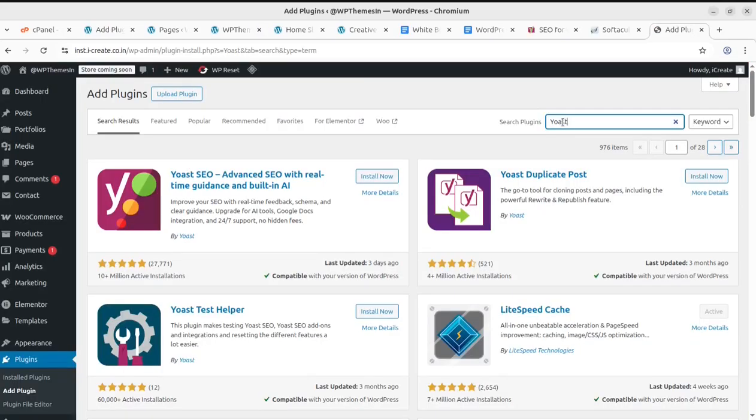The free version can be easily found under the Add New Plugin section. You can simply type Yoast and the result will be here, and you can simply select this Yoast SEO, Advanced SEO with real-time guidance and built-in AI. So you can go with this. It already has 10 plus million active installations. It has got 5-star ratings. As I said, this is considered to be the best plugin, but yes, there are many plugins